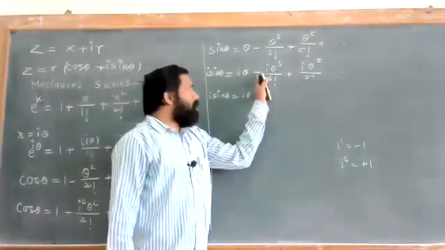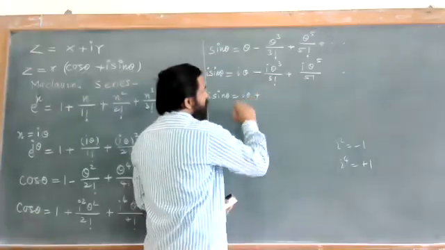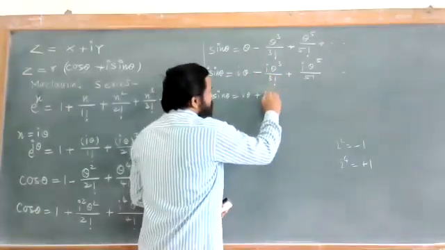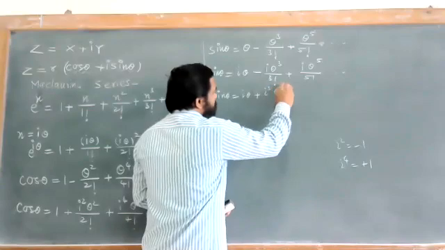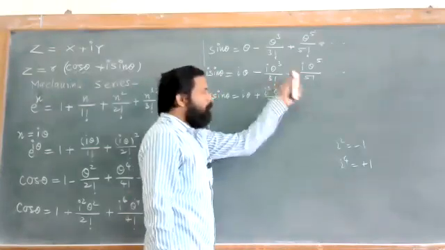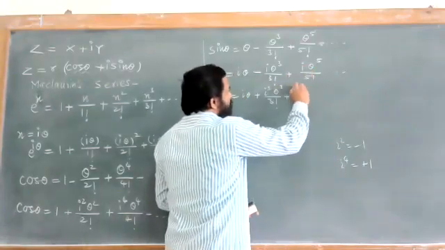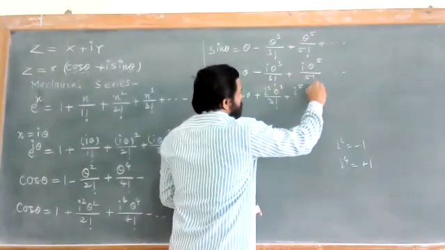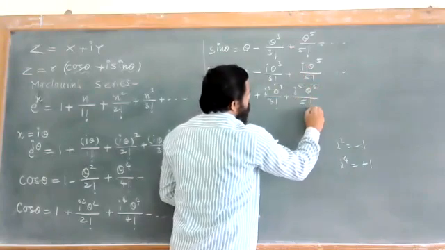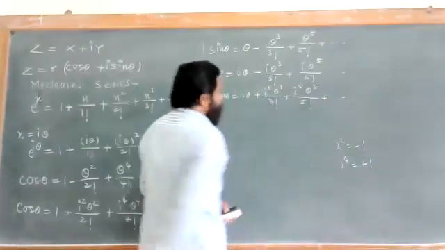What about the value of -1? -1 is nothing but i square. So I can write here i square into i, that is nothing but i cube theta cube upon 3 factorial. Look at this one, +1 is nothing but i raised to 4. i raised to 4 into i, that is nothing but i raised to 5 into theta raised to 5 upon 5 factorial. Okay, and so we can have these conditions.